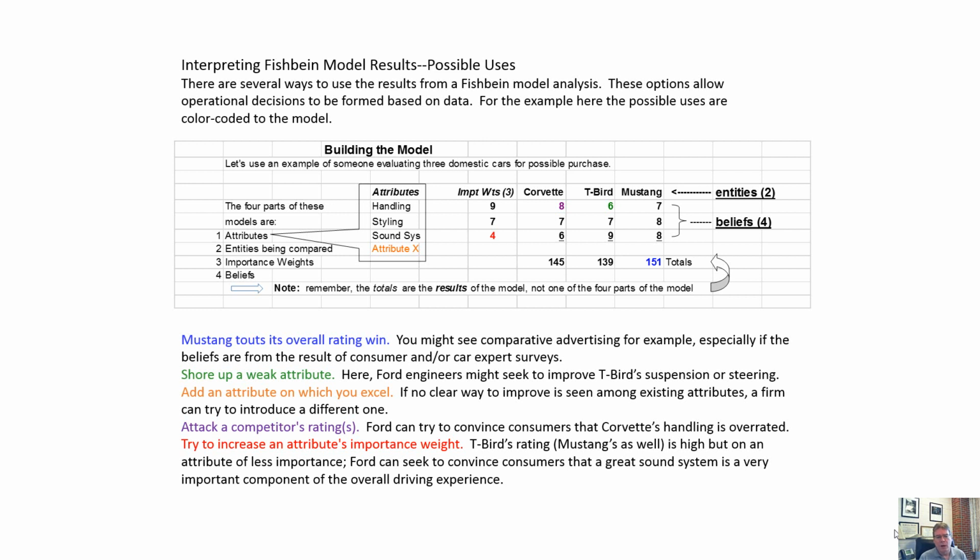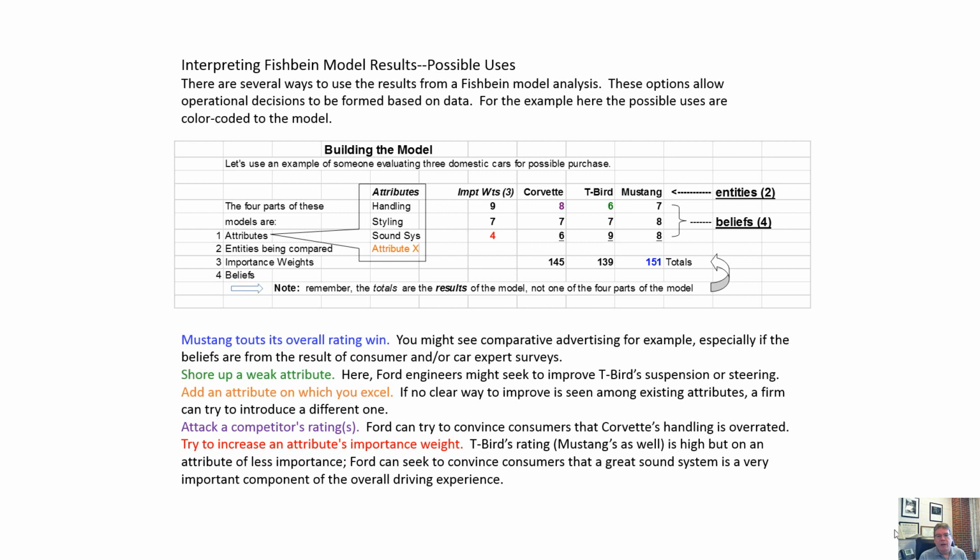In the purple color, you have attack a competitor's rating. Here, you have Corvette highlighted with purple, and this is where Ford would try to convince consumers that Corvette doesn't handle as well as this particular study showed it did. Obviously, this is a fairly dangerous option because it invites retaliation. The two toughest ones to pull off, as a matter of fact, are this one and the last one in